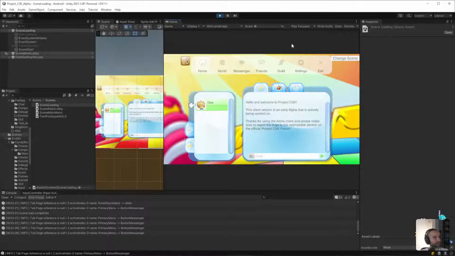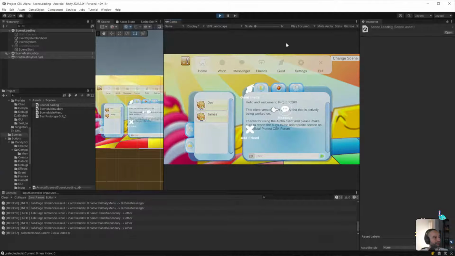Okay, so I'll leave focus on that one. And then I'll add a test player. Okay, so can I navigate? Yes, perfect. And left and right works. Okay, cool. That's what I wanted.